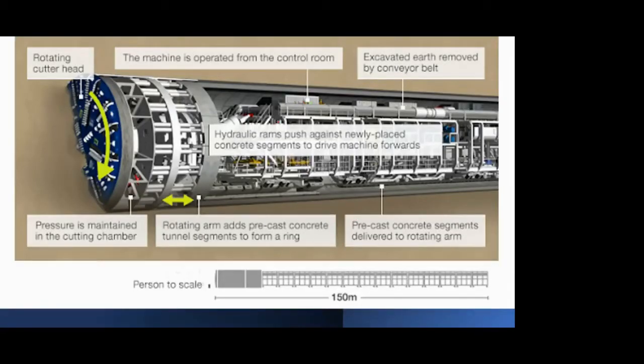And here again, the components are shown along with some description. I have told you this already, so I'll just go through it again. This blue colored face that you see is the cutter head, and they have written rotating cutter head. Then obviously, to operate this machine you'll need an operator. It's not an automatic machine, so this is the control room for that machine. Then the excavated muck is removed through the conveyor belt. So this is the conveyor belt line.